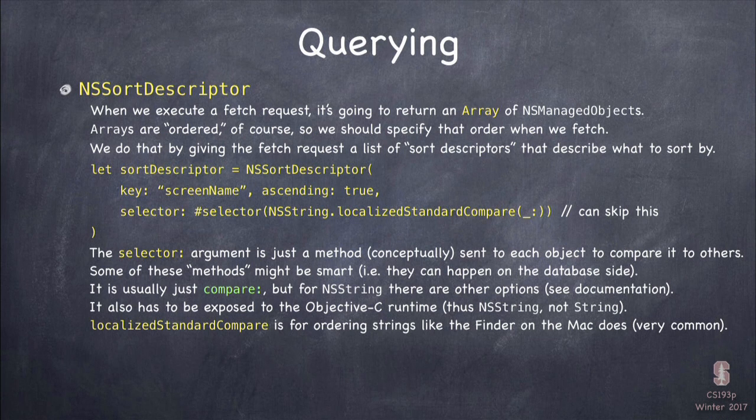Now, one other thing about this is that some of these methods are special in that they do the compare on the database side. Okay? It's using SQL to do it. See what I'm saying? It's not actually bringing all the data over, calling this method on every string and doing some kind of quick sort or something. It's using super powerful sorting mechanisms that are built into an SQL database. Okay? So in fact, all of the NSString ones will do that. So they're super duper efficient.